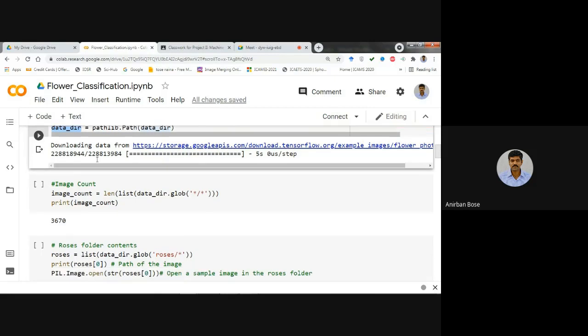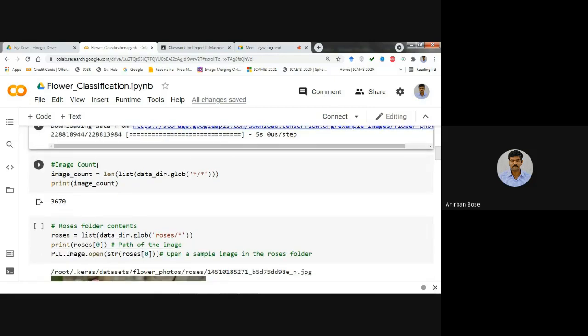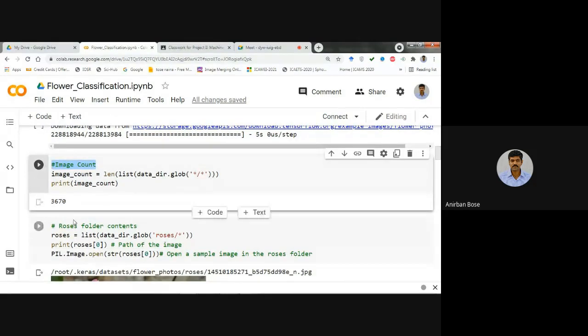First of all, you have to see how many images are there. For that, within the variable image_count, we are finding out the length, meaning how many there are, and we write the list of data_dir.